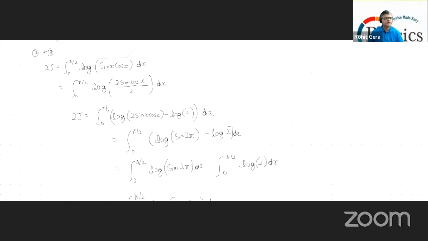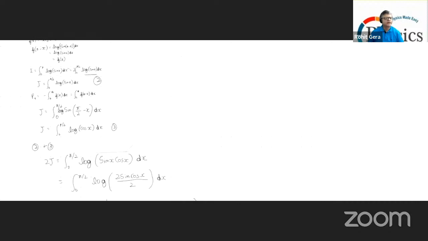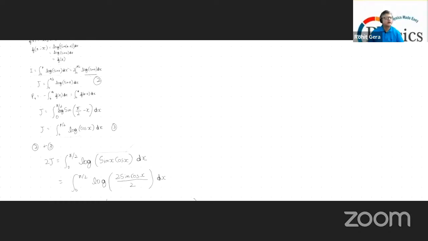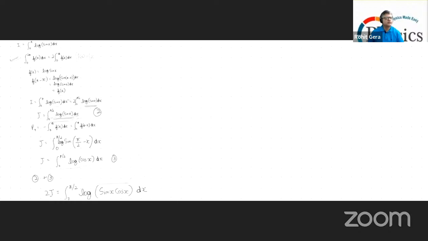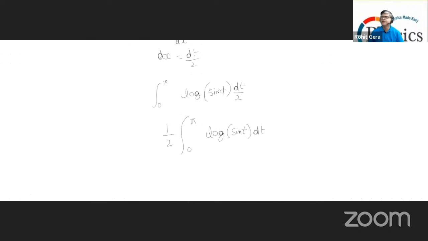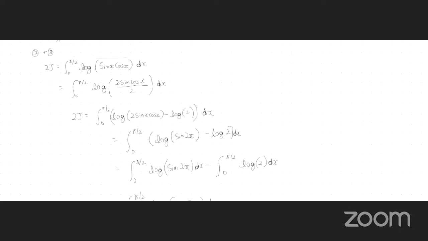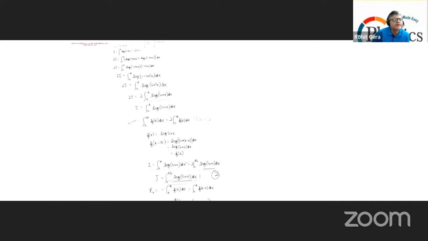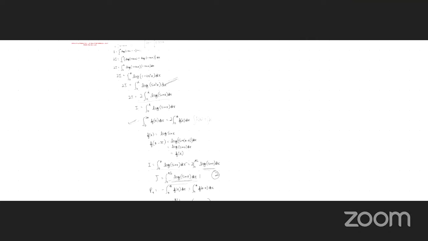Go back to the previous steps where you have written this log cos x and log sin x. Do you see this? So you were actually solving I is equal to the integral from 0 to pi by 2 of log sin x. This was your I. And if you go back to this one also, you have again reached log of sin t. Just see the difference. I think you have to come here, this place, because the power is pi here, right? So this I was equal to